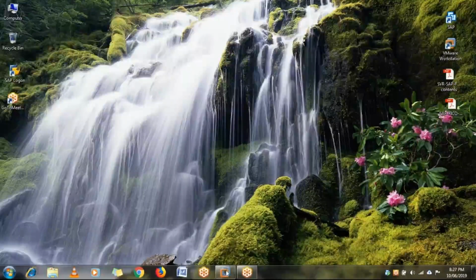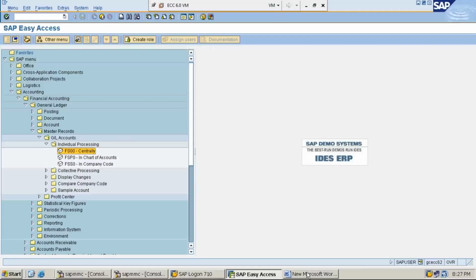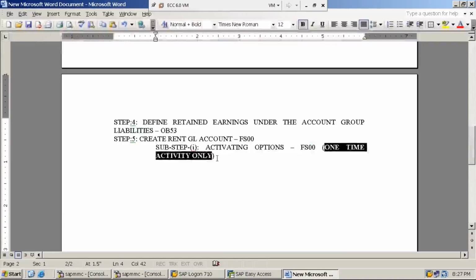Next step, sub step 2. Now let us see the creation of the GL account actually.